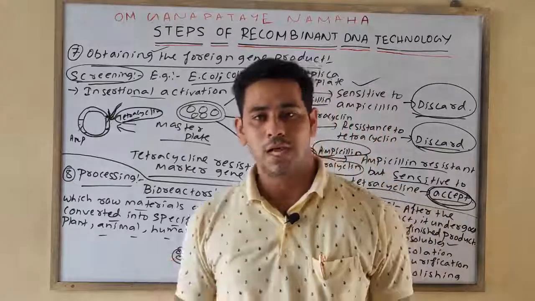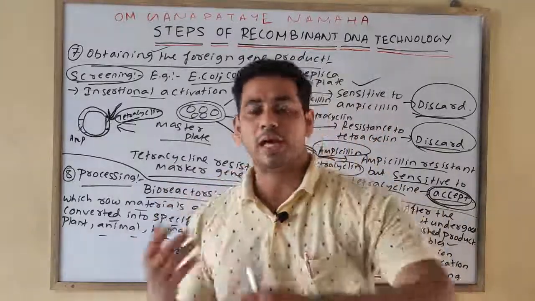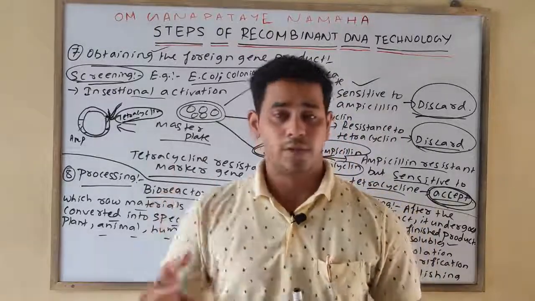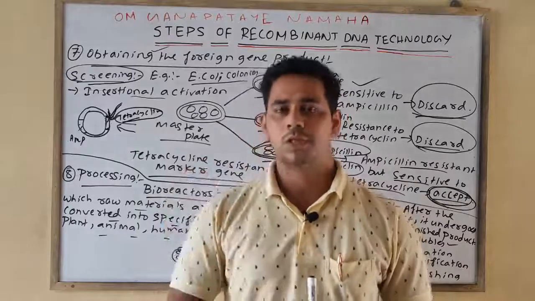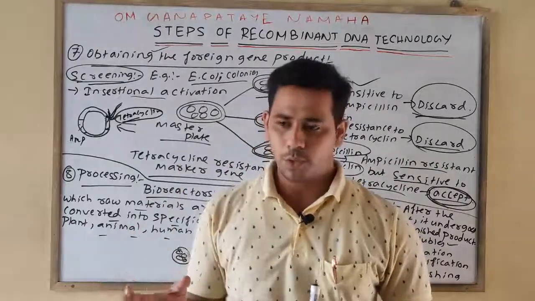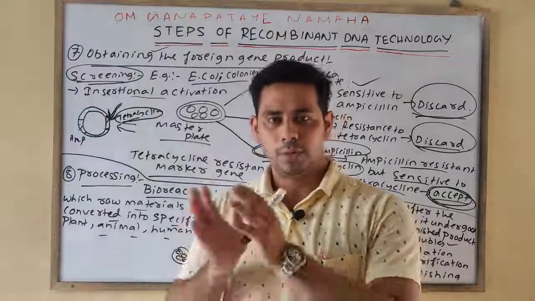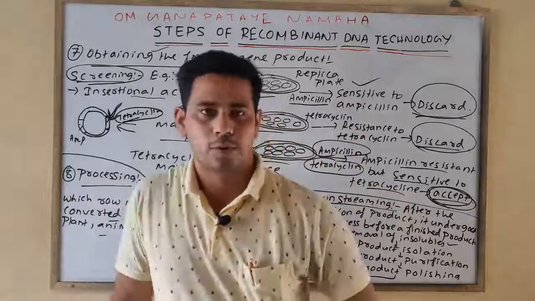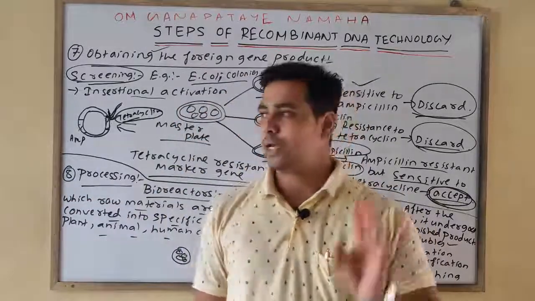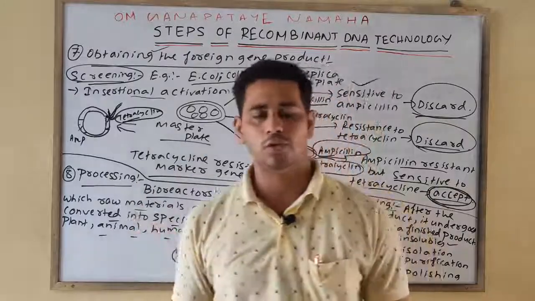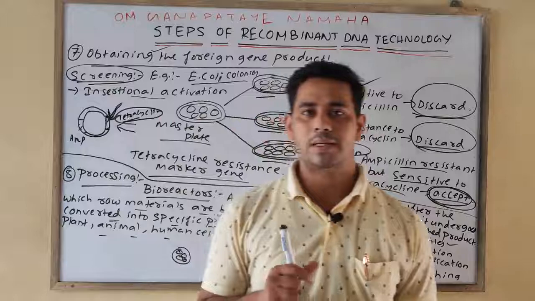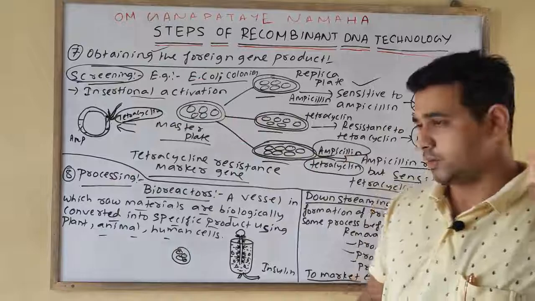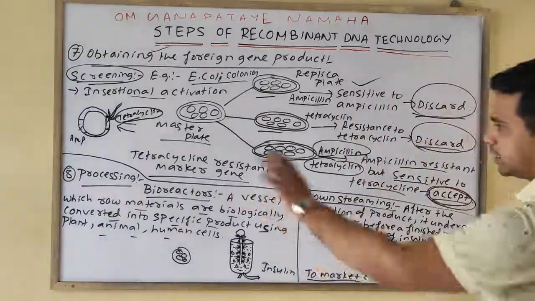Next, how it is processed, and lastly, after the various downstreaming processes, such as removal of the insolubles and purification, it is polished, and finally we get the product. That isolated, purified, polished product is then sent to the market for commercial purpose. So remember, in recombinant DNA technology, the various steps are one of the important 7-mark long questions, in which you will write in detail all the 8 steps, starting from isolation up to processing.